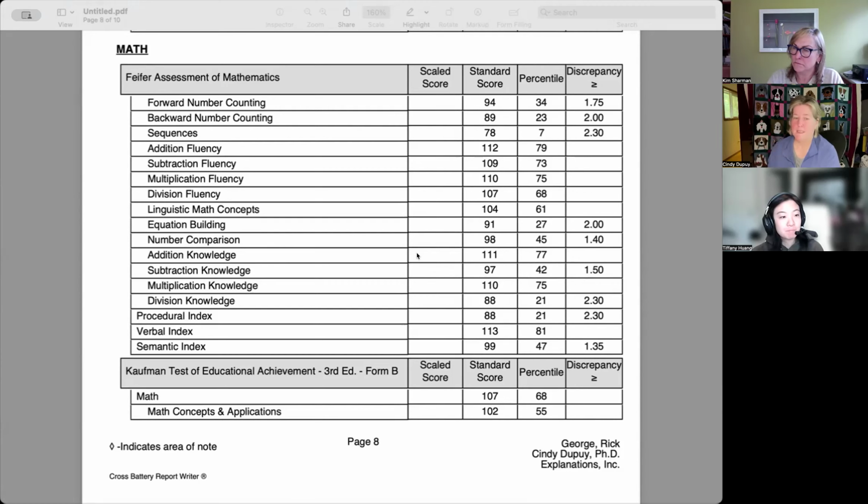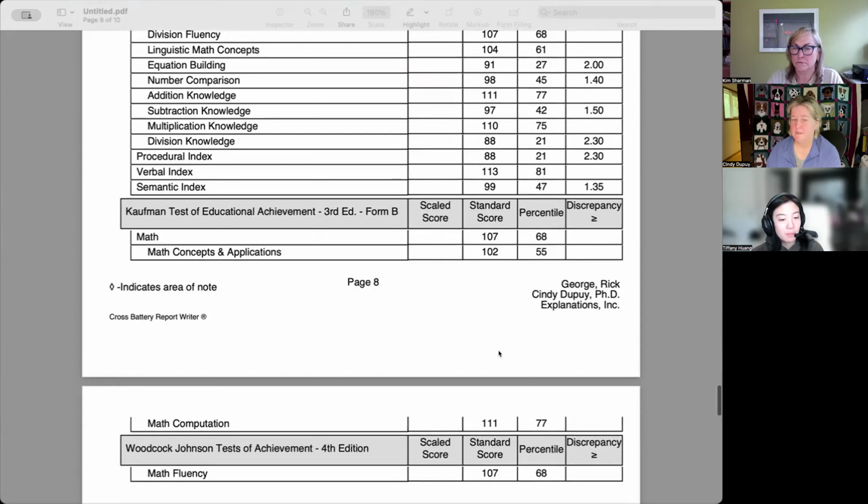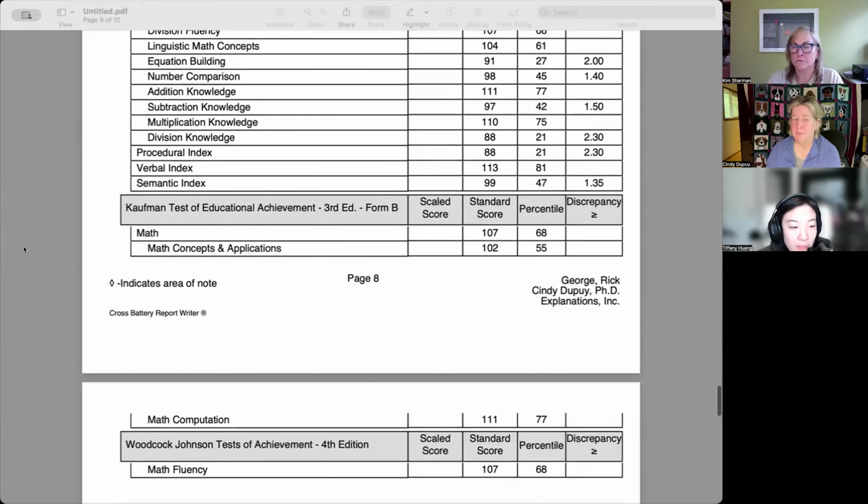Figure weights builds into that as well. Can you think and reason mathematically? And what's really interesting about this particular individual is he has memorized very clearly how to do computations, but